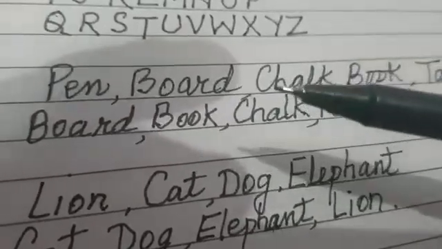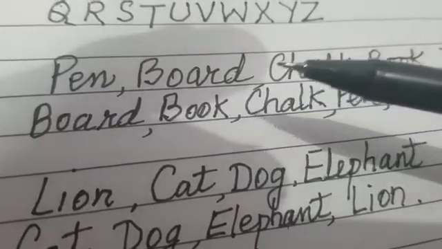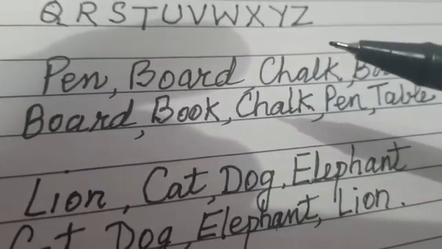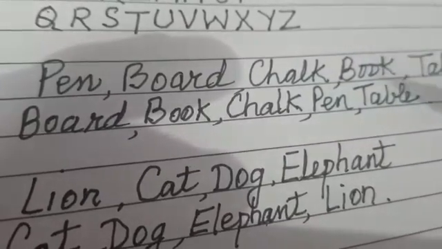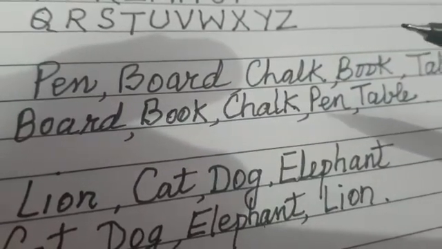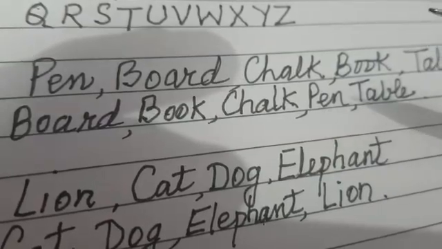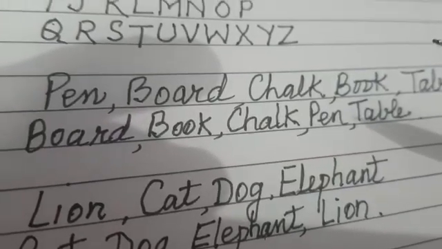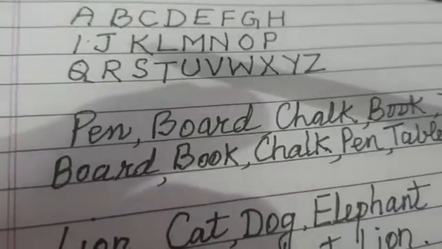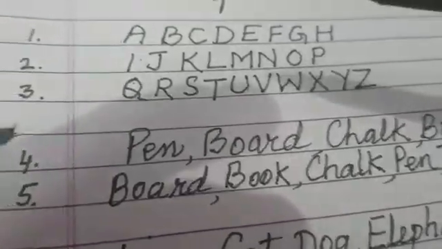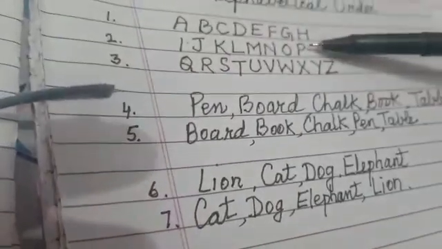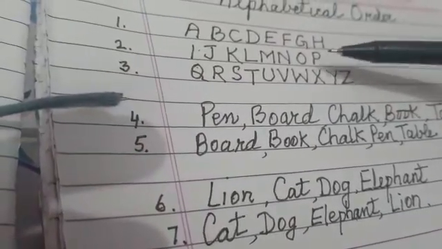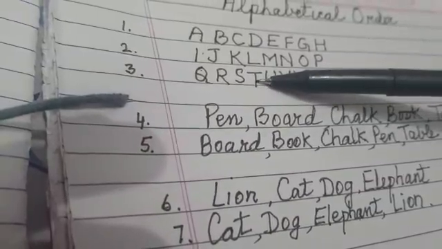So we have used the first three words according to the alphabetical order. Now two words are left, table and pen. Pen starts with P, table starts with T. So in the alphabetical order, line number 2, pen starts with P. Here is P. And table starts with T. T is here.